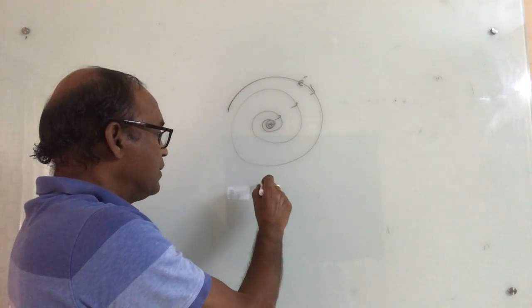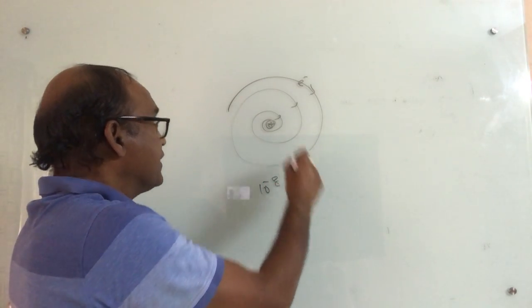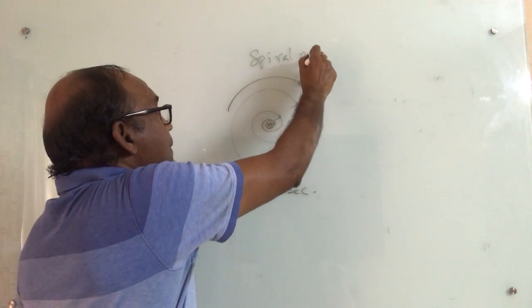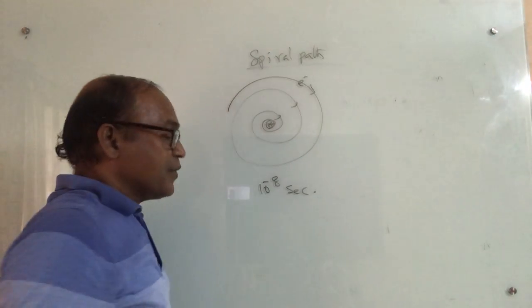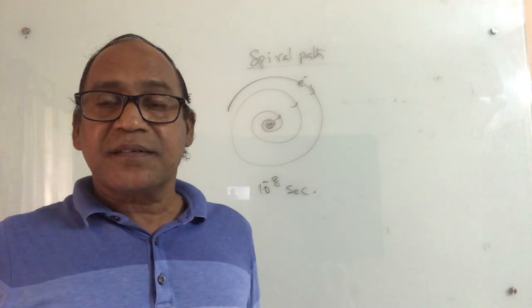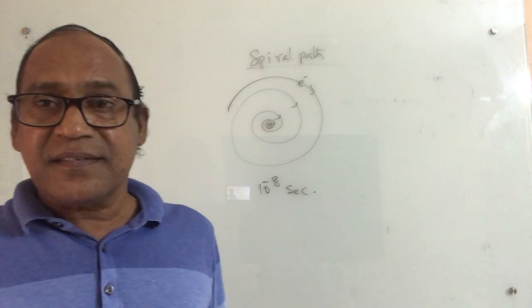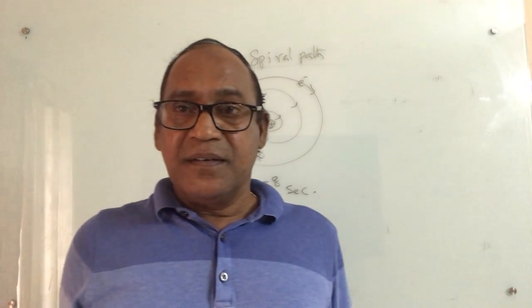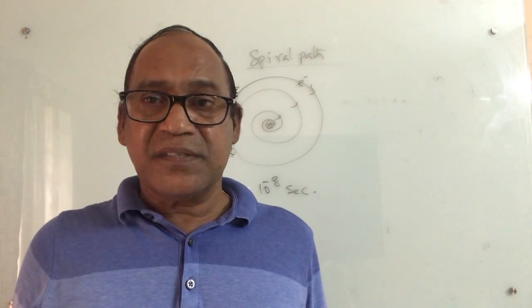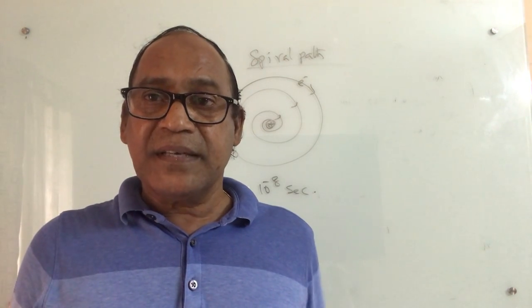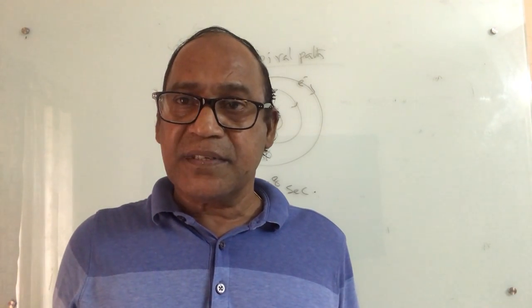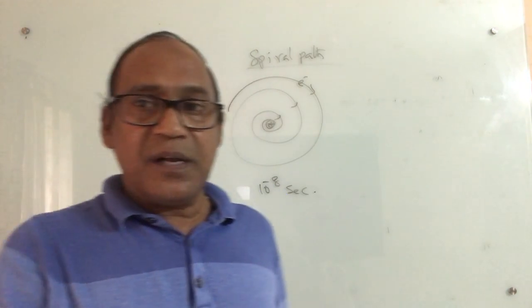According to electrodynamics, if a charged particle, the electron, revolves around an oppositely charged particle, the nucleus, it undergoes acceleration and loses energy continuously, ultimately falling into the nucleus within 10 power minus 8 seconds while taking a spiral path. But atom size remains the same. Atom size is not shrinking, and the size of any object is not shrinking as time passes. That is against the observation.